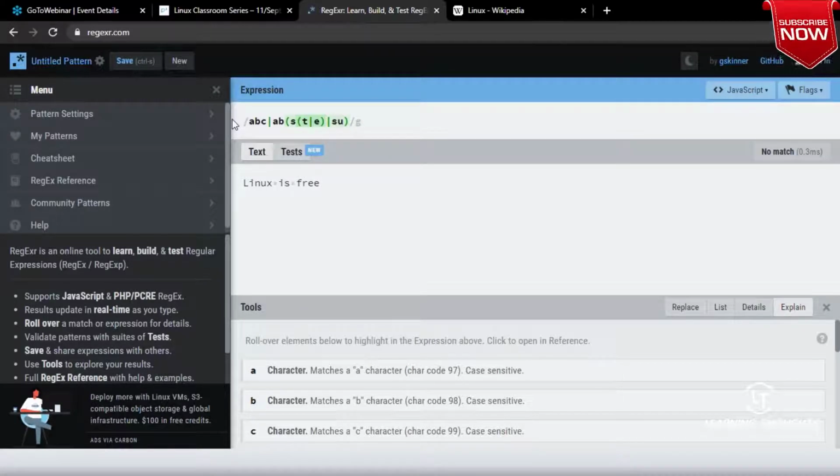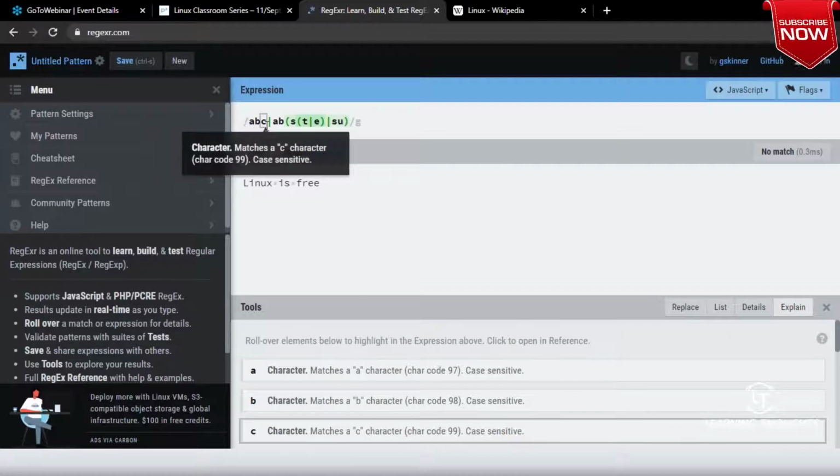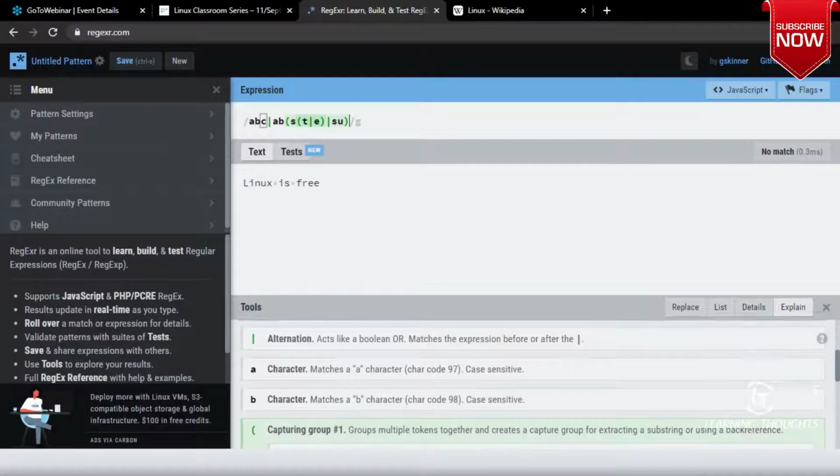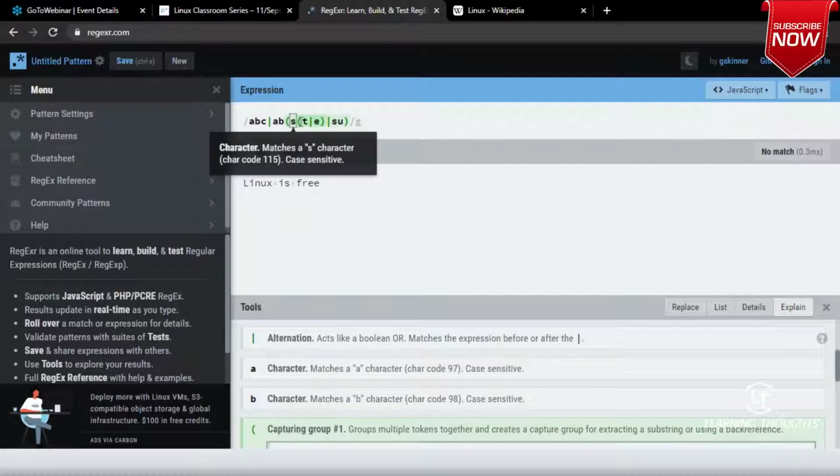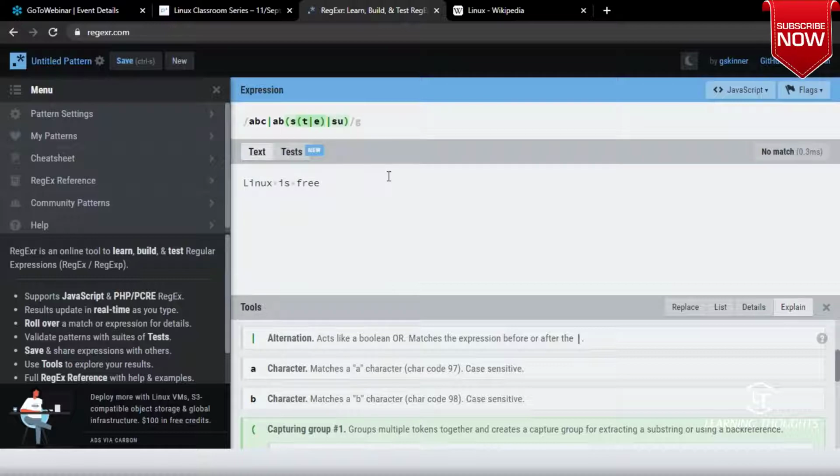So match ABC, fine, or match A, B, and then yes, T, E, or SU. Man, what is this? This sounds difficult, right? So shall I quickly draw a non-deterministic finite implementation of this?